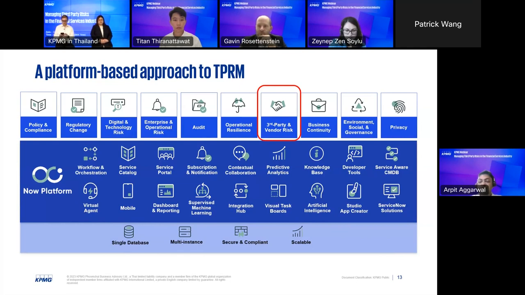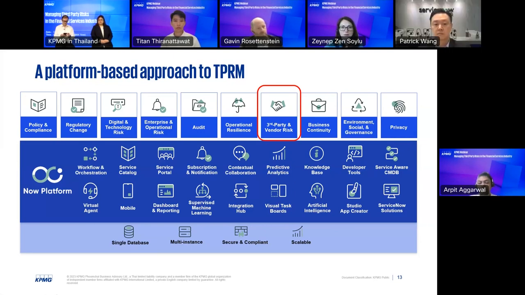Some of the applications, like I mentioned, are GRC, HR service delivery, IT service management. Here, as we can see on the screen, ServiceNow provides a gamut of applications under its GRC platforms. Some of these specific applications within the GRC umbrella are policy and compliance, vendor risk management, third-party risk management, regulatory change, audit management, privacy management, etc. And all these products are supported by powerful platform features like workflow and orchestration, service portal, mobile app, chatbot, reporting, and machine learning, and there are other details.